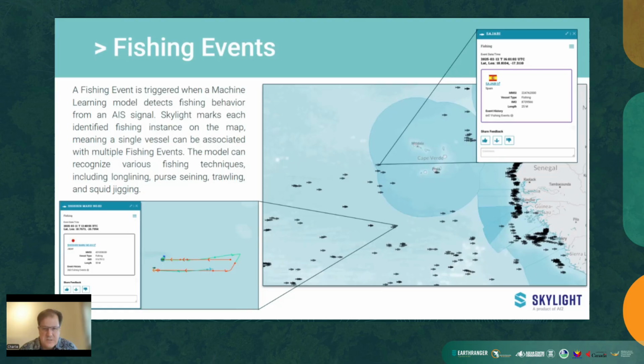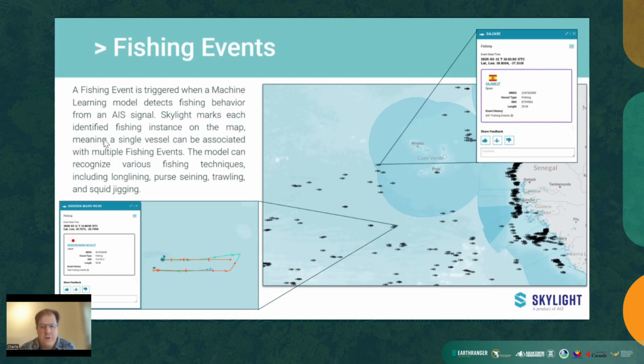If a country is willing to share, we can also take in the VMS data that the fisheries agency might have, although that's often not publicly shareable or commercially available. Some countries have privately shared it with Skylight to apply our models to, and in certain cases that can be explored as a possibility. But first and foremost, with the AIS data, we've trained the model to recognize when a